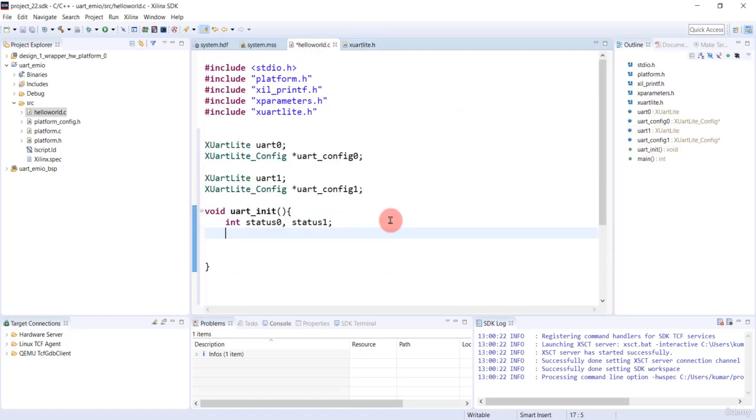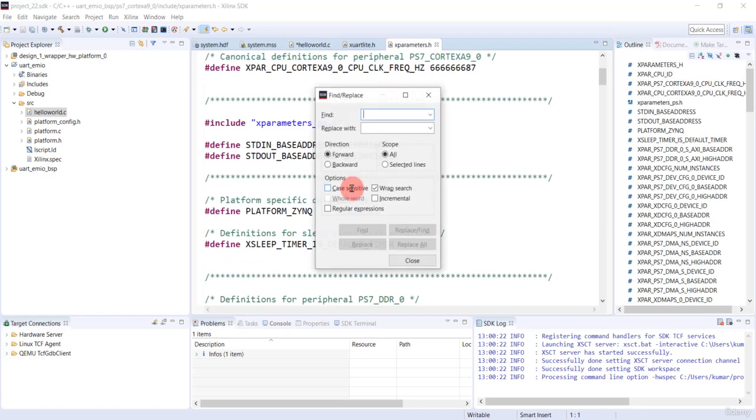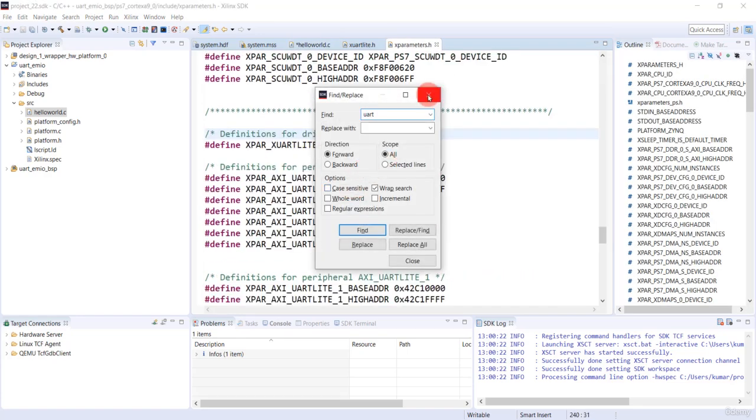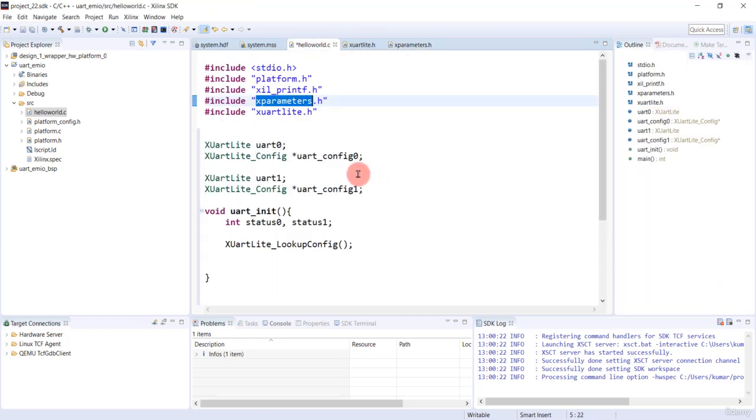We'll just go ahead, and then to find out the device ID we just need to go to xparameters.h, right? So if you go ahead and look for a UART, right, so you could find out the data related to both the UART instances, right? So this will be the device ID for UART lite 0. So we'll just copy it and we'll add it over here, right? So this returns